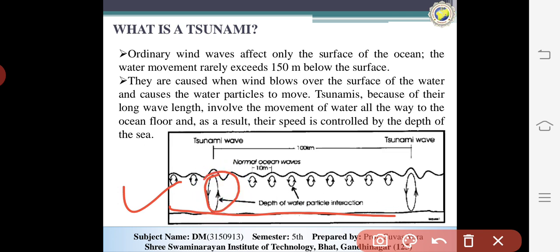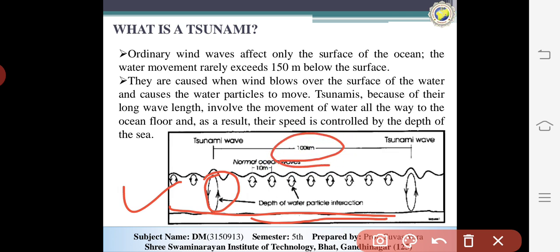This is called the depth of the water, the particles are interconnected. So the word tsunami is a Japanese word, and it means harbor waves. This is called harbor waves. Basically, a tsunami is unrelated to the tides, although a tsunami can be more destructive if it occurs at high tide. So you can see that the basic